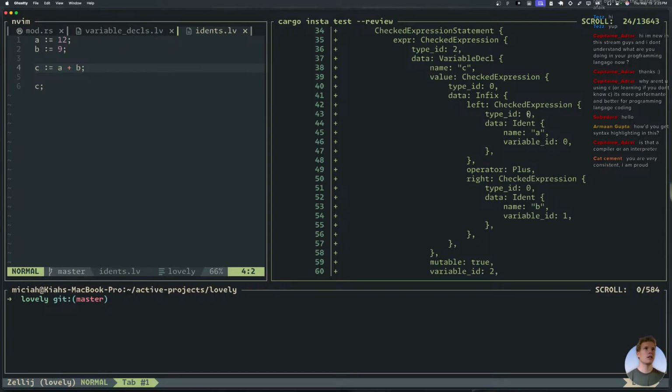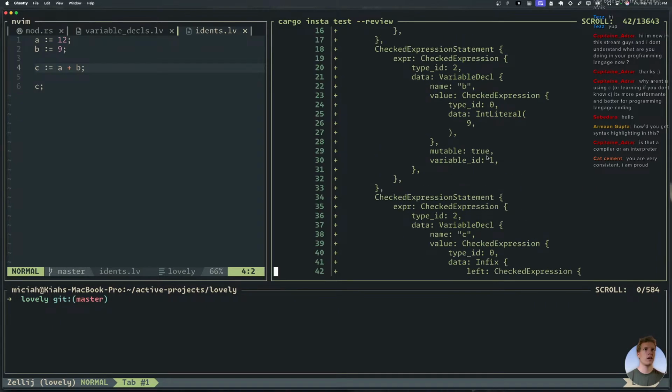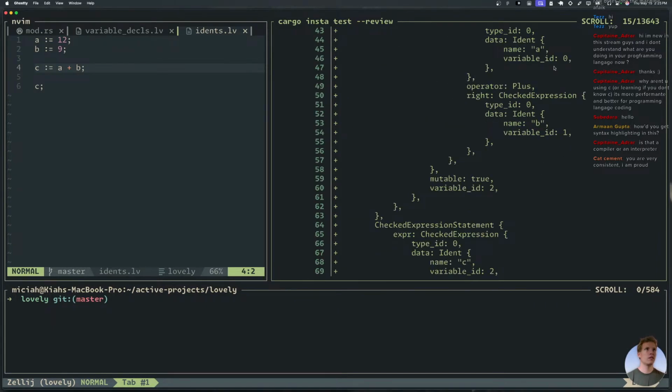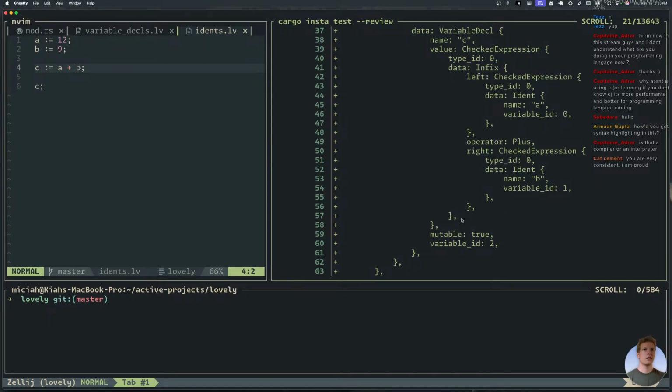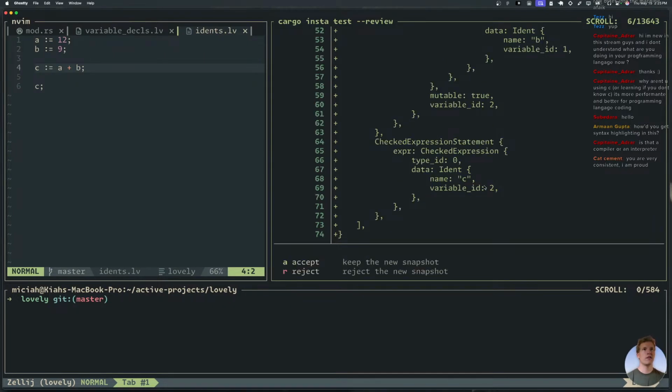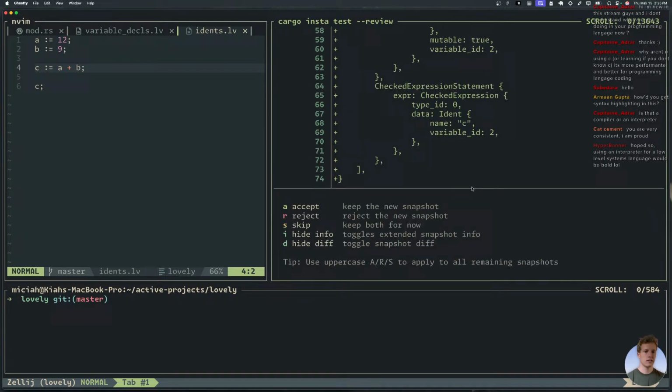The left is an int, so that's why the 0 is here. That's A. The variable ID is 0. The variable ID for B is 1 because those were the IDs we got here. The definition for B gave a 1. The definition for A gave a 0. And so these are referencing the right variables in scope. And then this thing becomes mutable here. Now we're referencing variable ID 2, which is what we made here with the definition of C. So it's totally working.